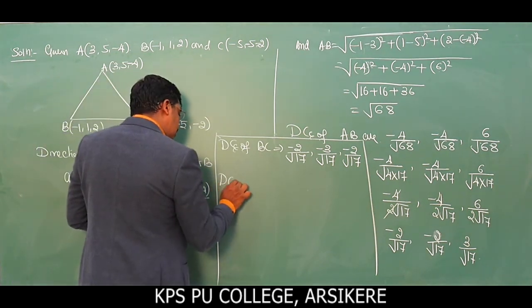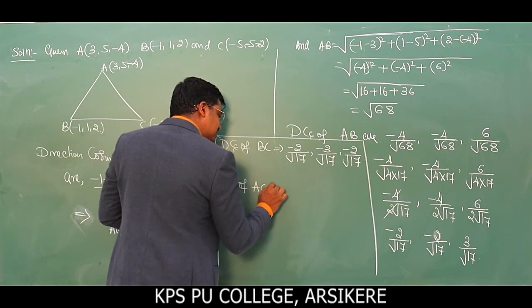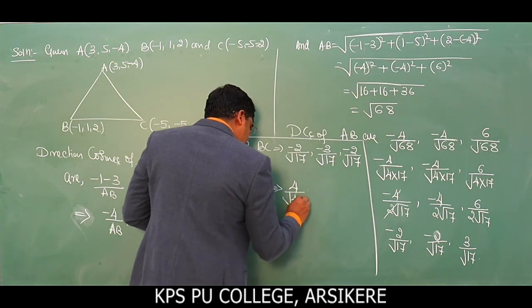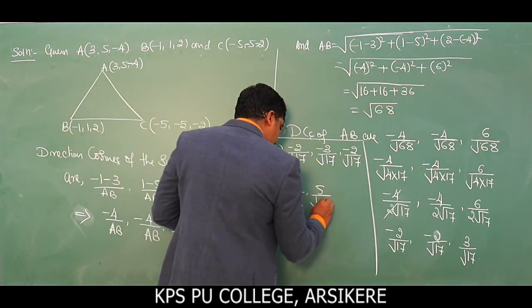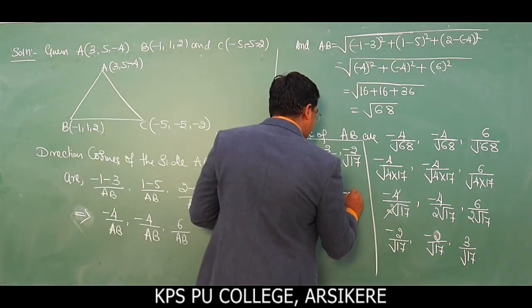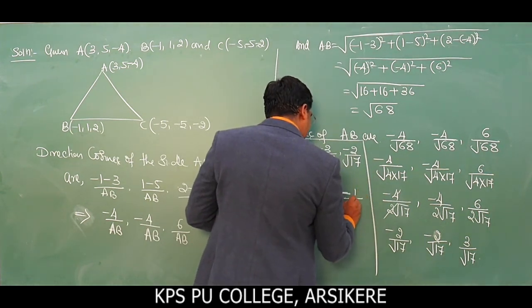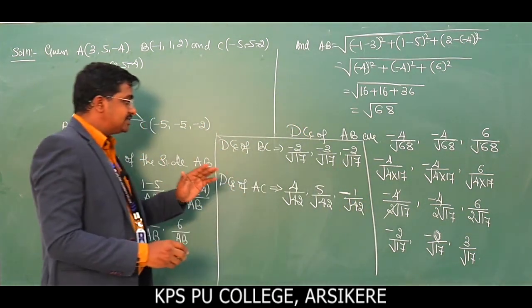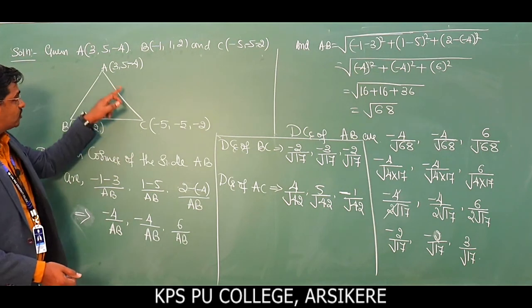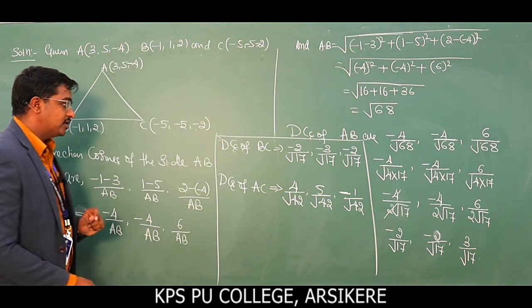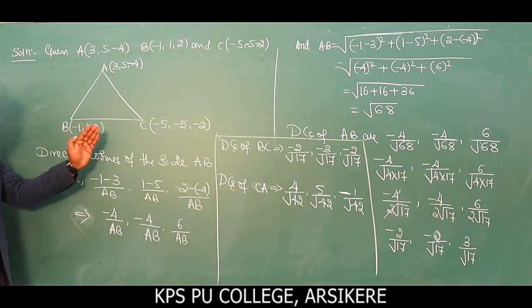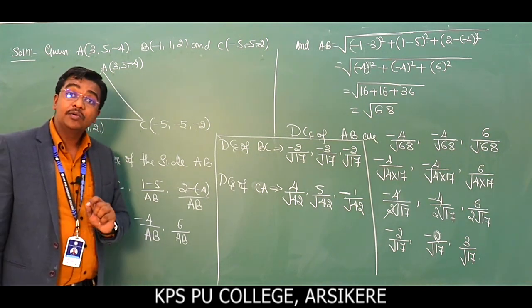Similarly, the direction quadrants of AC. You can take this as CA. So that becomes 4 divided by root 42, comma, 5 divided by root 42, and the last one 1 divided by root 42. You can take it as AC, or you can take it as CA; CA also gives the same answer. Sorry, when taking CA, minus 4 minus 2 becomes here. Better take this as CA. So the direction quadrants of AB, BC and CA. Okay, so this completes the problem.